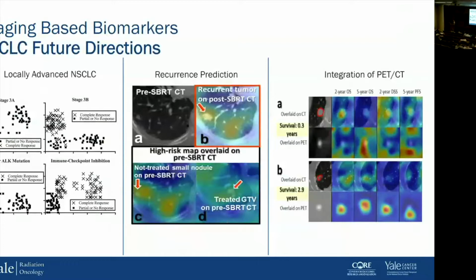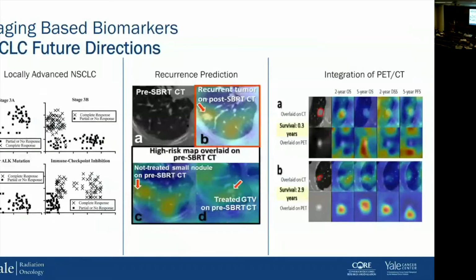Secondly, we're interested in looking at our Grad-CAMs for recurrence prediction. This is a figure that highlights a patient who had treatment, but the Grad-CAM showed a highlighted area that we didn't think was actually that important. And then a year later, we saw that that was actually where the tumor recurred. So if we were able to theoretically look at this and appreciate that this was actually an area of risk, then we could have potentially done something different, potentially treated this little spot here, which actually turned out to be cancer.